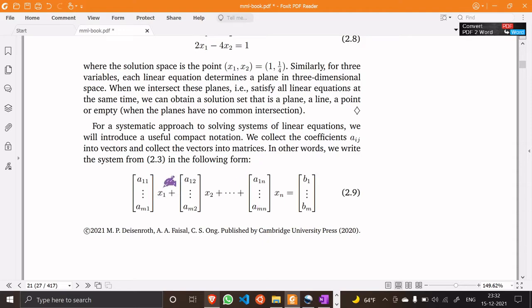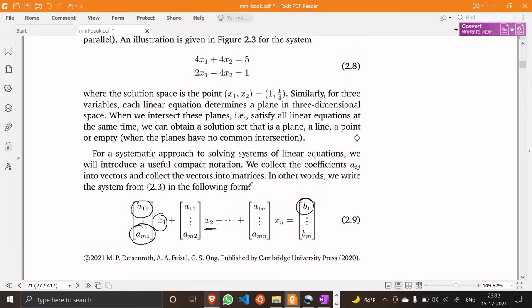Okay, we take each and every variable. Let's say we have n variables. In the above case, we only have two variables, so n will be equal to 2, and we consider the coefficients of those variables as a vector, right? So this will come from the first equation, and this will come from the mth equation, and so on. And if we add them all together in this way, we take the first constant.